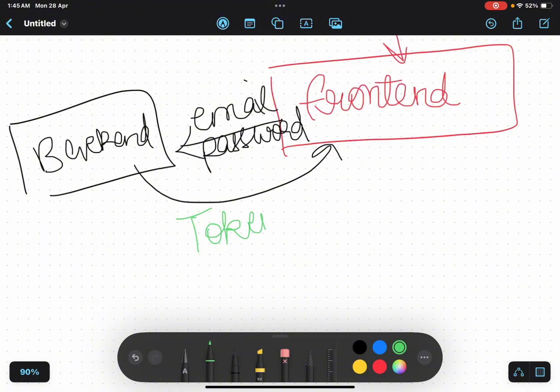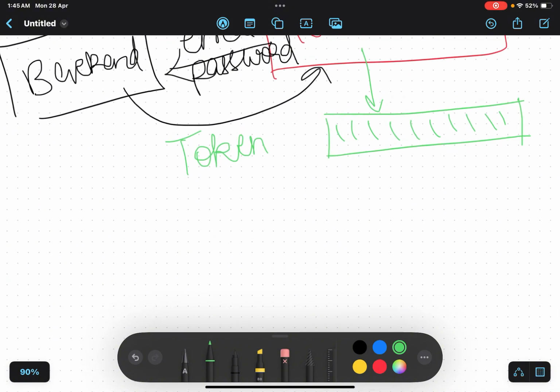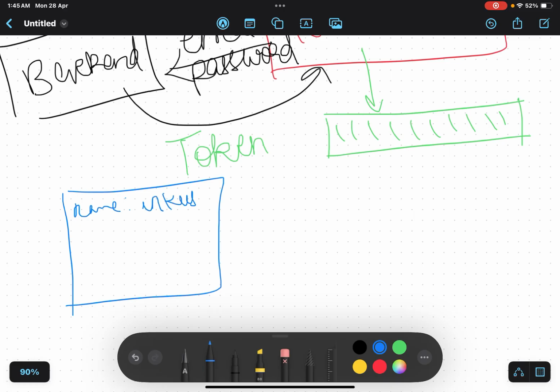So a token got returned to the front end, and this token was now saved by the front end. So this front end will save it. The token will be saved. Okay. And now, whenever further requests go to the backend, for example, I want to get who is the current user. Let's say I have an object in my database, and this object looks like this. I have an object which says, let's say name is Ankush, and let's say age is 21, and so on and so forth.